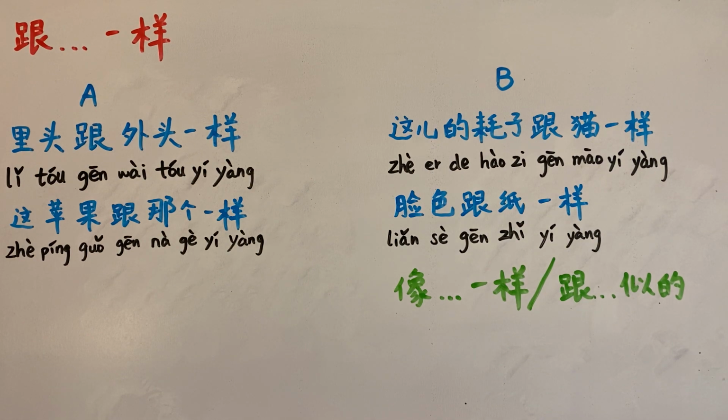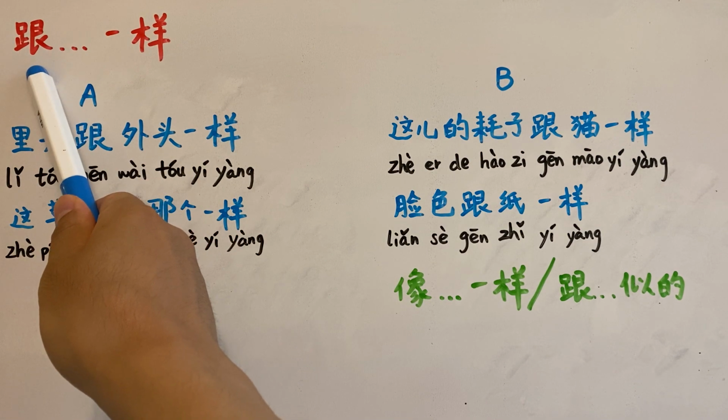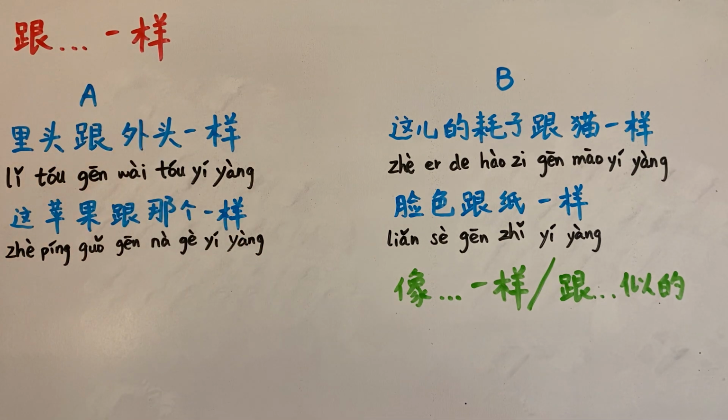It's a metaphor, right? A rhetorical method to say that the color of your face has some similar features with the color of a sheet of paper, white paper. So these two groups are different, right, in this way. So if you want to make a metaphor using this sentence pattern 跟一样,